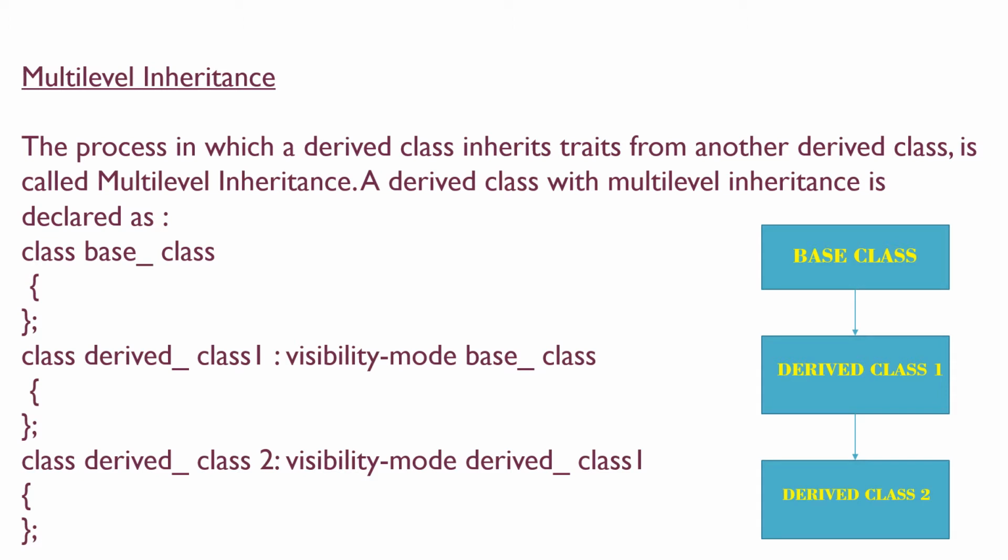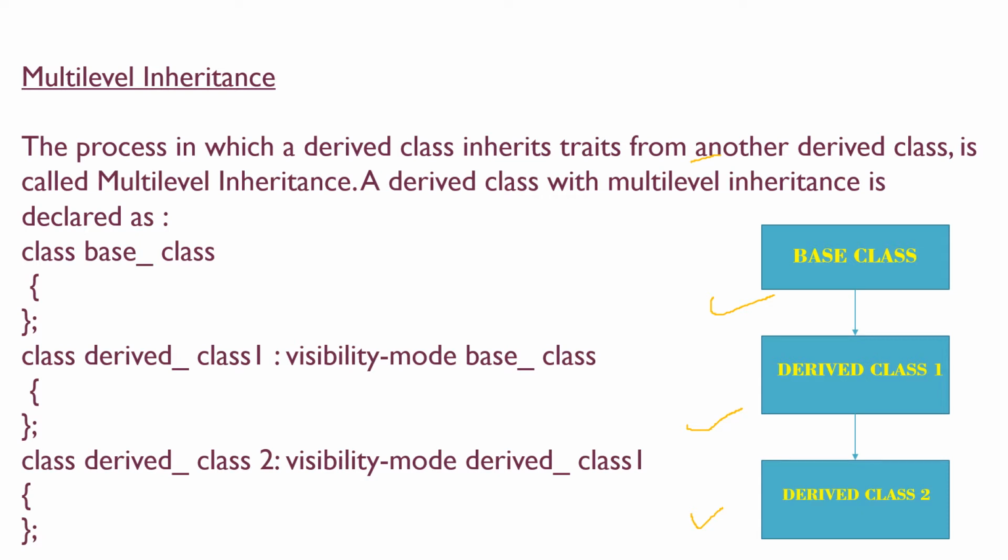A derived class with multi-level inheritance is declared as given below. So in this diagram you can see that first we will create a base class and then a derived class. Derived class 1 is inheriting the properties of the base class, and later we can see derived class 2 is inheriting the properties of derived class 1. So this is the structure followed in